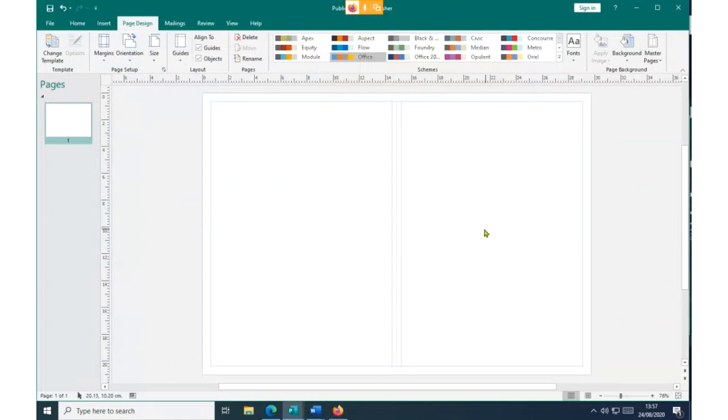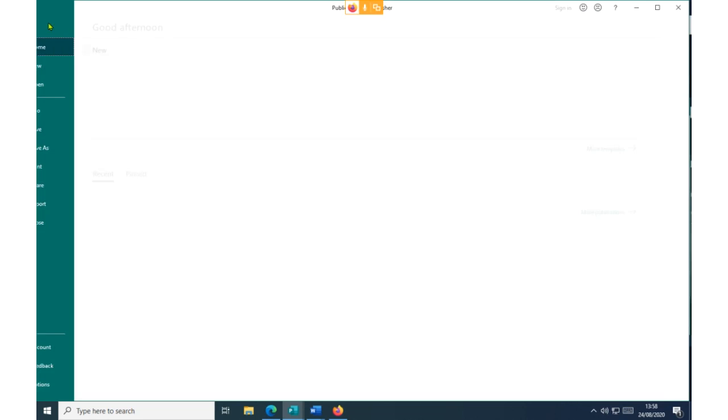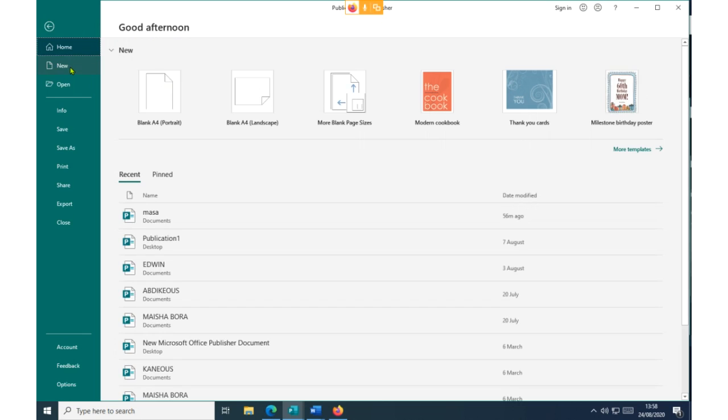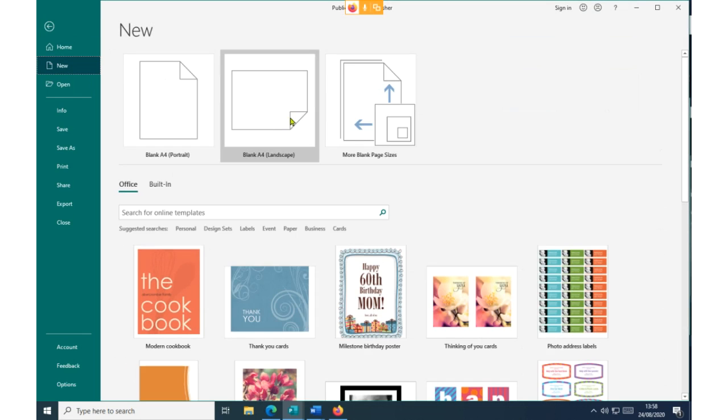Like now, the question is how do we reach here? At this particular page, we have two columns. They have what we call the center guide, and also we have what we call the grid line guides. All these are grid line guides for columns. There are two columns. So Job, again, we can repeat for you. There's no problem. Step number 1, you click on file. Step number 2, you click on new command. Step number 3, click on blank A4 size landscape.